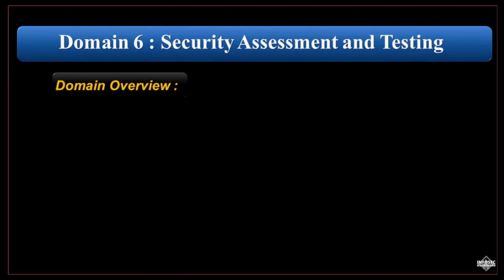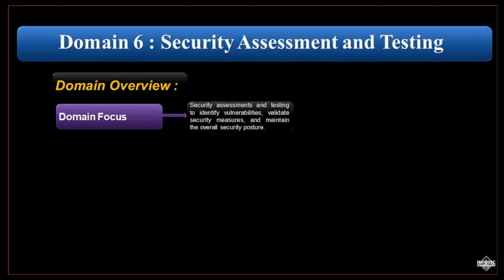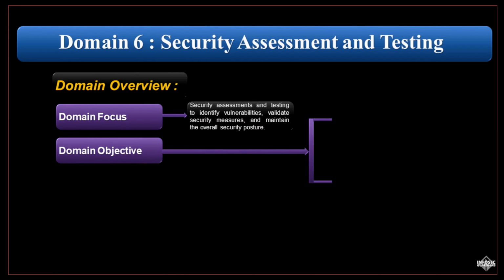Domain 6, Security Assessment and Testing, is a critical part of the CISSP certification. It focuses on evaluating and ensuring the security of an organization's information systems, networks, and assets. This domain emphasizes the importance of proactive security assessments and testing to identify vulnerabilities, validate security measures, and maintain the overall security posture. The main objective of Domain 6 is to equip candidates with the knowledge and skills to conduct